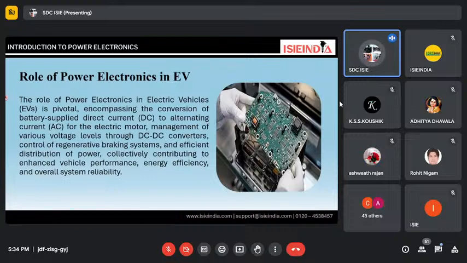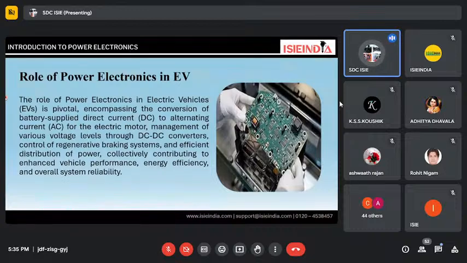These electronic circuits are designed, and each circuit has a lot of components. There are around 100 small components, or in the BMS itself maybe 780 components, which are in nano forms. So very deep, nanotechnology components are used in the PCB assembly of power electronics. The role of power electronics in electric vehicles is to accomplish the conversion of battery supply,